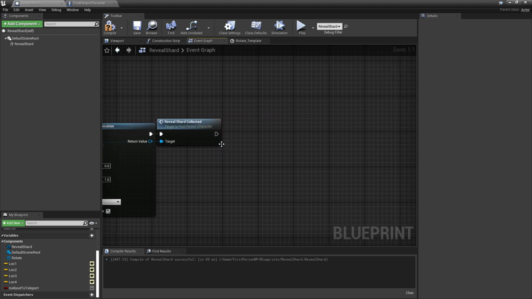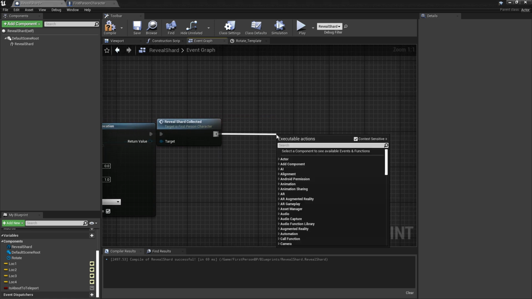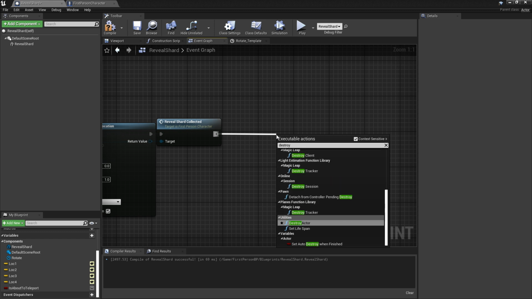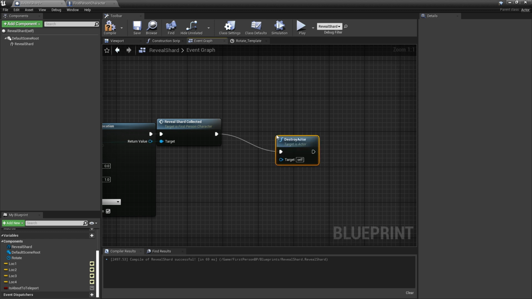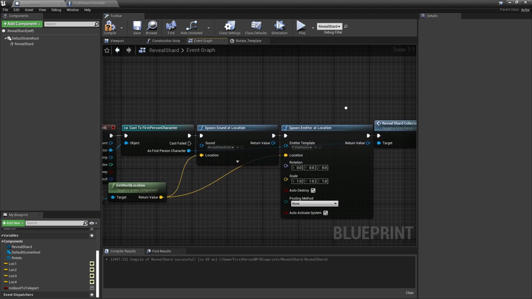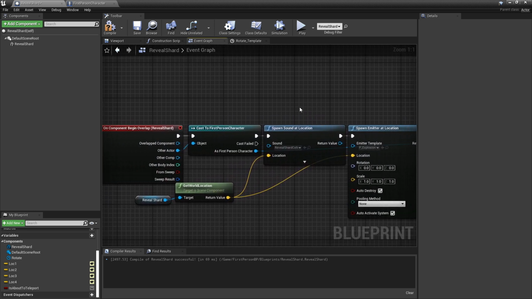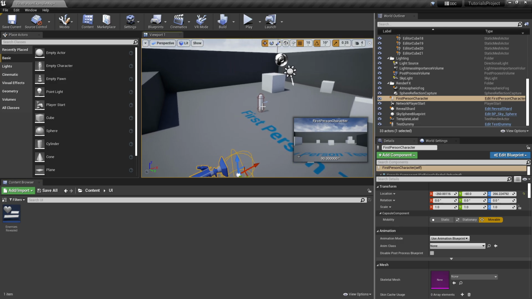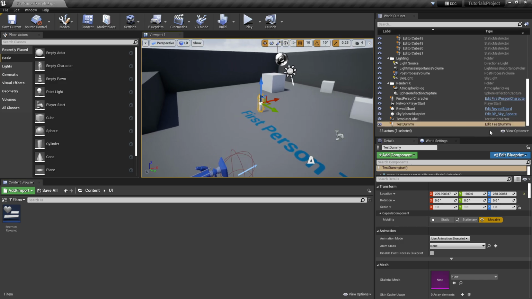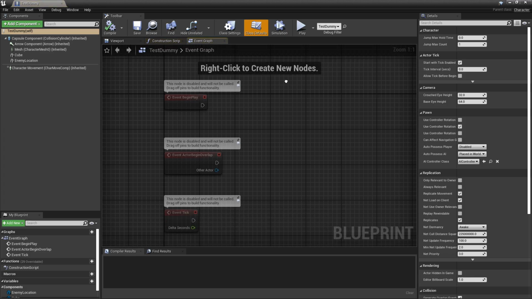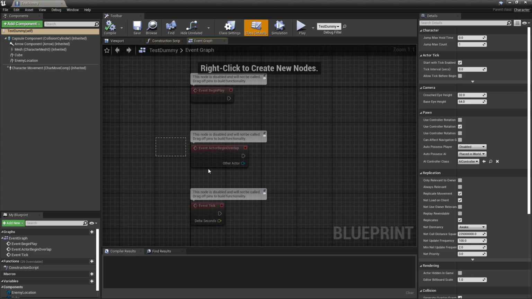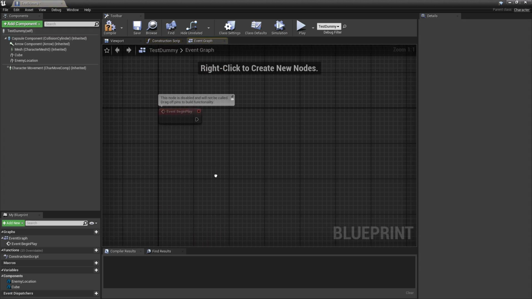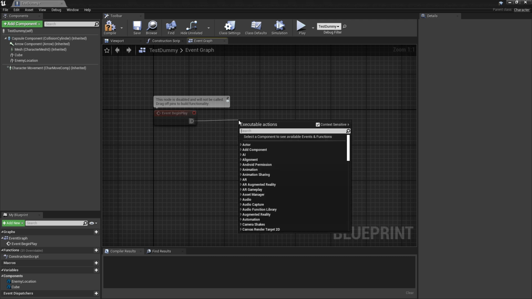And then we are going to destroy actor, which is going to be self. So now that we have all that done, we can now compile save, and then we can go ahead and go back in here, go in here, event begin play,